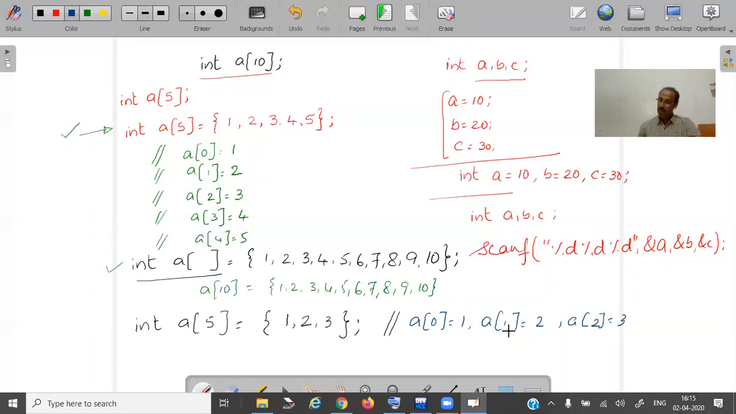A of 3 is assigned to 0, and a of 4 is also assigned to 0. So if I declare only 3 members out of 5 members, the rest 2 elements are automatically assigned 0. If you don't declare anything like this, all the members will have a junk value. Whereas if I declare a of 5 with only 3 members or 2 members